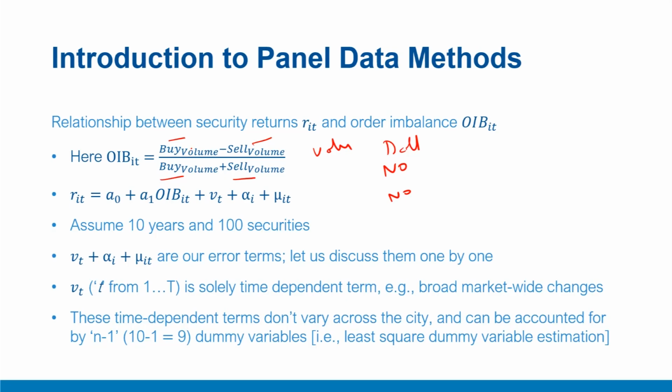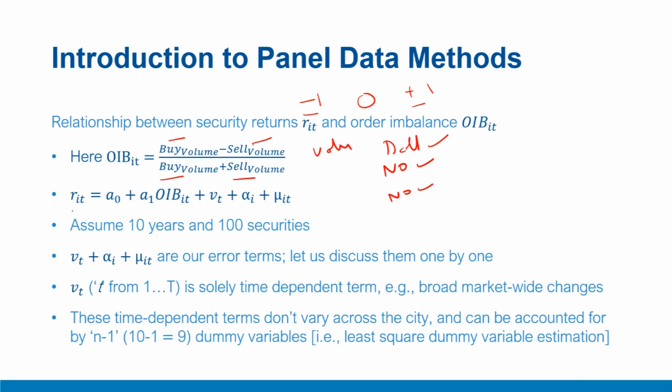This measure is a very important measure of information arrival. It varies from -1 to +1. A very low value of -1 would indicate all selling. That means all the orders are sell orders, while a value of +1 would indicate a lot of buying, almost absolute buying in fact, and a value of 0 would indicate equal number of buy and sell orders, whether in terms of dollar volume, number of shares or orders.